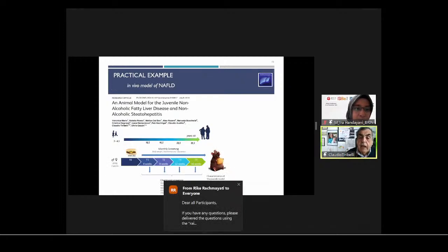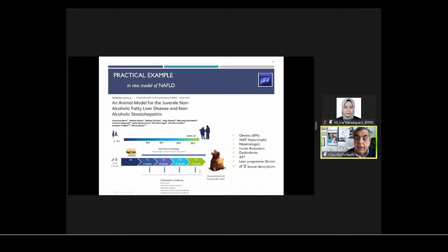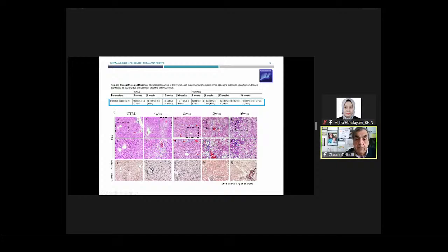So do we have animal models to study the juvenile fatty liver disease? The answer is yes. This is work we have done in our lab, driven by Sylvia and Natalia and Pablo. And what they did, they reproduced the fatty liver, a juvenile fatty liver, in a mouse, giving the mouse a lot of fat and a lot of calories. And what they have been able to reproduce is a fully scaled presence of fibrosis, meaning that this may be a good model to understand if there is any good treatment